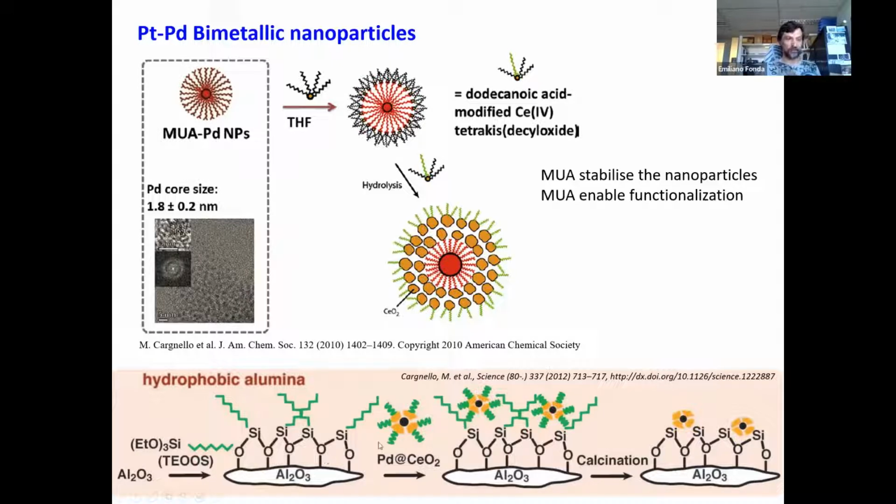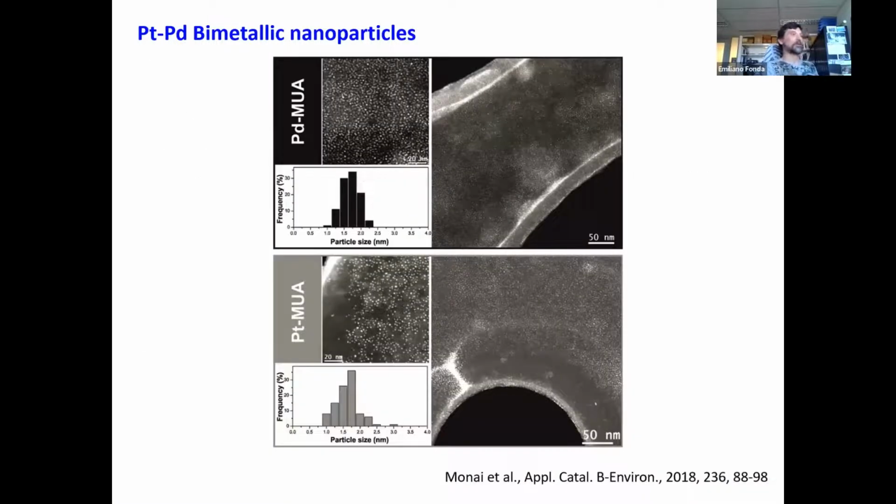And through calcination at different steps, you can get particles of ceria containing the active cluster on top of alumina. So it's an ideal non-sintering catalyst. The promoter, ceria, is around the metallic particle, and everybody is anchored to the surface and dispersed. This is the principle. In our case, we studied the particle, but it was then embedded in